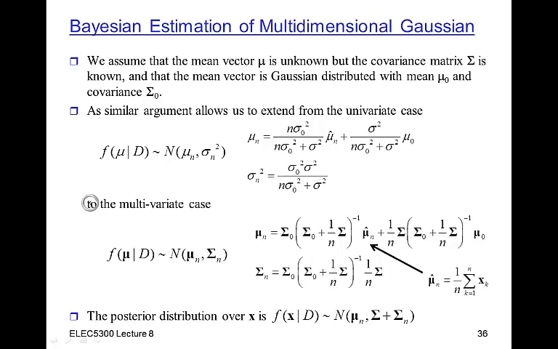Now in the multivariate case, I get almost exactly the same thing here. If I look at this, this is the prior distribution, right, from here. This is the same thing as the MLE estimate, or the sample mean. And here you can see I get a sigma squared divided by n times sigma 0